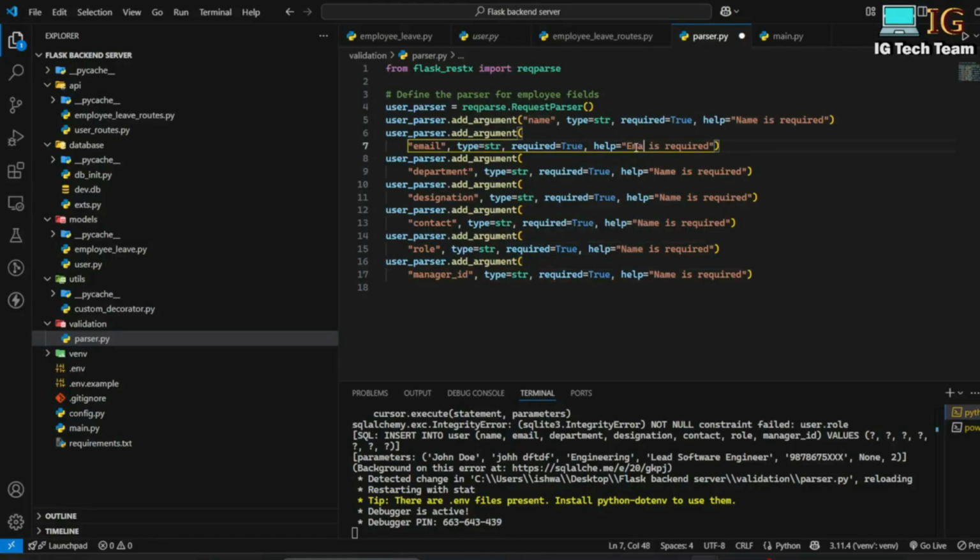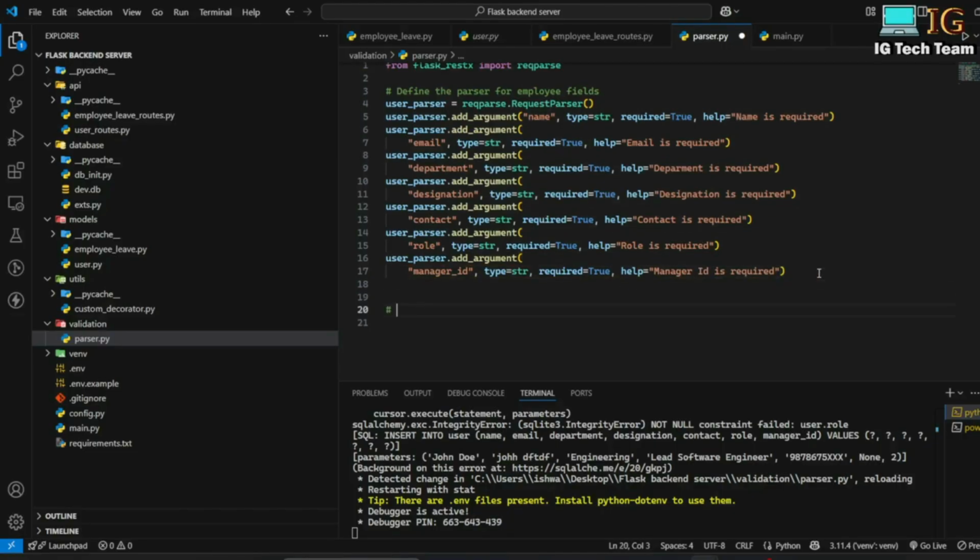Now I can write here email is required, department is required. This is a very simple message. Designation is required, contact is required, role is required, manager ID is required. As simple as this. Now I'd like to define the parser for